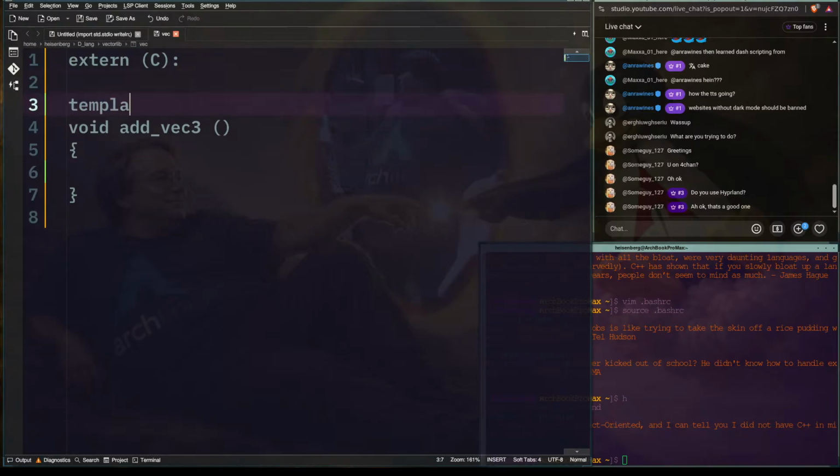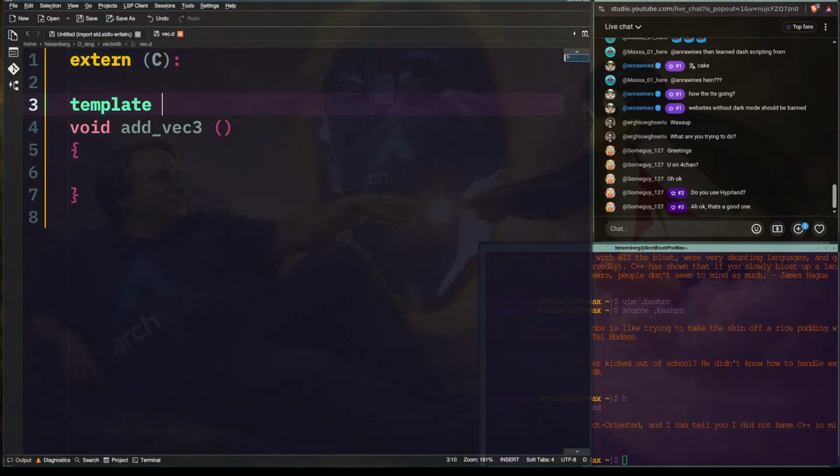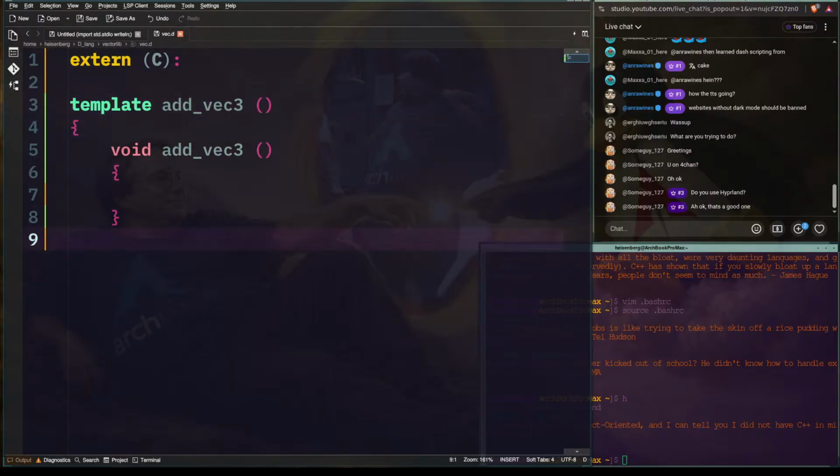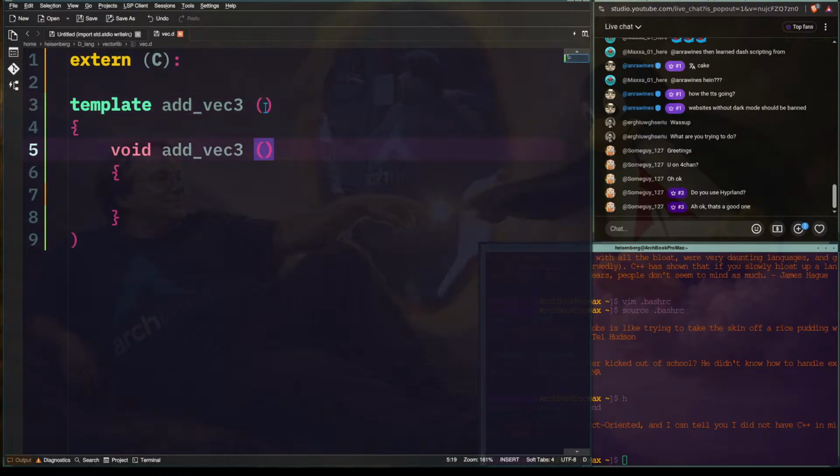So let's do templates, vec.d, template add underscore vec3. Then the symbol might shadow it, but I hope that's not the case. Then this takes t, so that's your instantiation, which would be exclamation point type. So take t from this, for example. Out t, oh, t copy. So yeah, you have the template name, and it's got to be uppercase. So then you would call it as t copy. All right, so then we can just call it